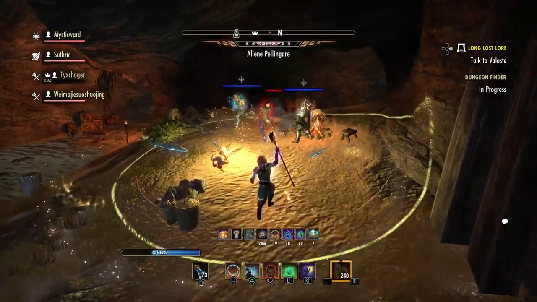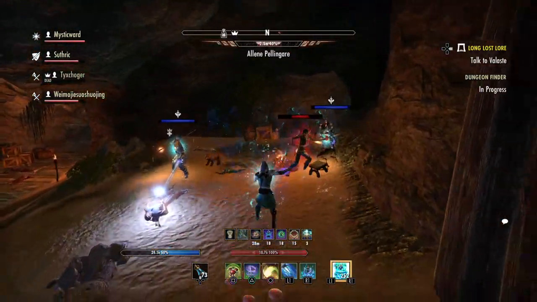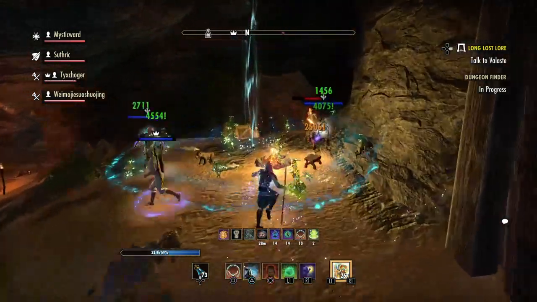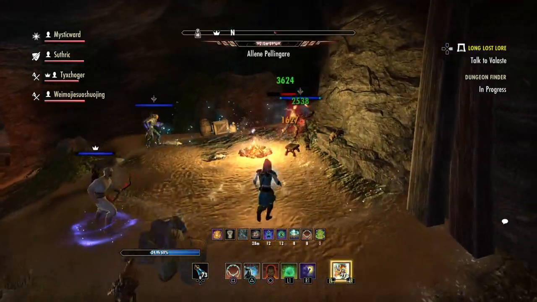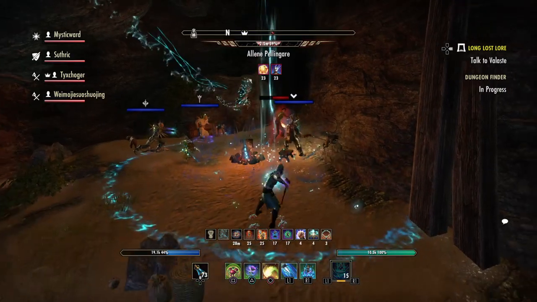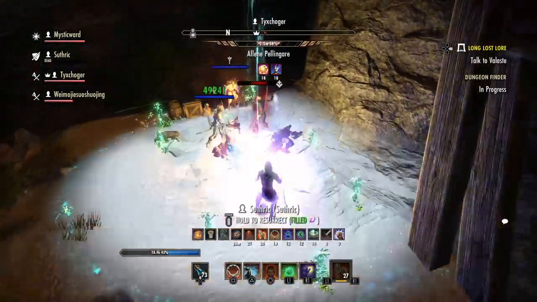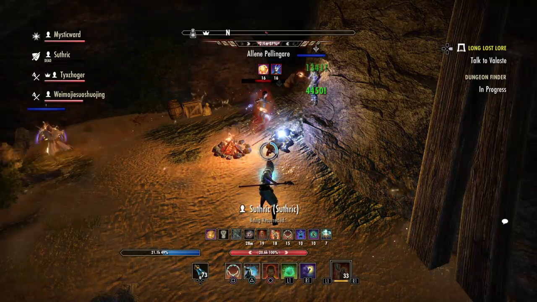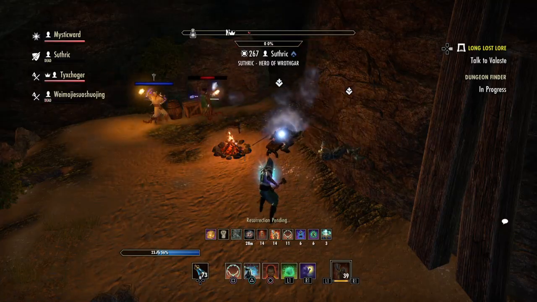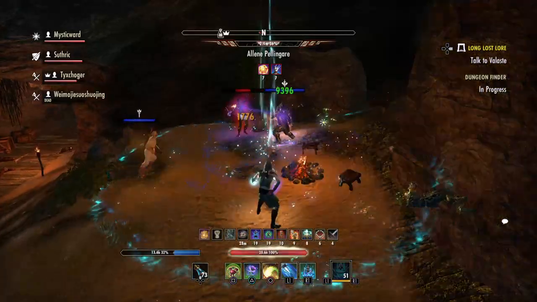Closer AoE effect. Deeps got her. I don't know what the hell happened on that one. Just block. Regroup. Oh, let me get my...